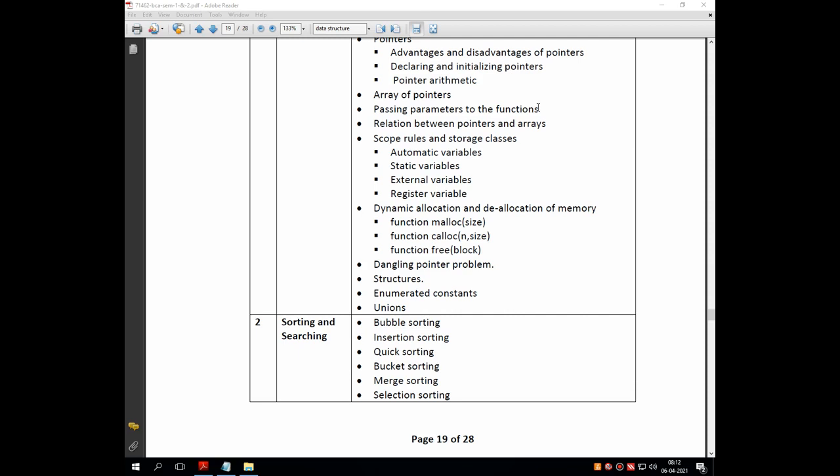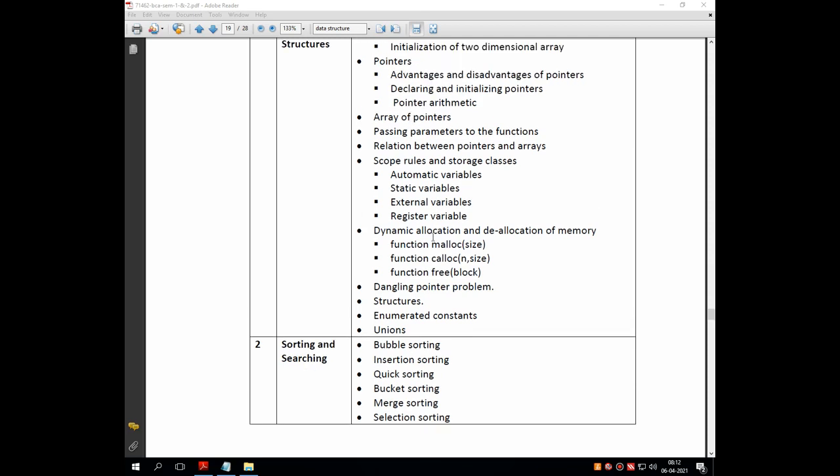Lastly, we have completed the discussion of unit number 1, which is the revision of advanced concepts in C like array, structure and pointer, with a few new topics like dangling pointer problem, enumerated constant, dynamic allocation and deallocation functions like malloc, calloc, realloc and free, and various other topics like UDF and the introduction of pointer in all these advanced concepts like array, structure, pointer to pointer itself and pointer with UDF.